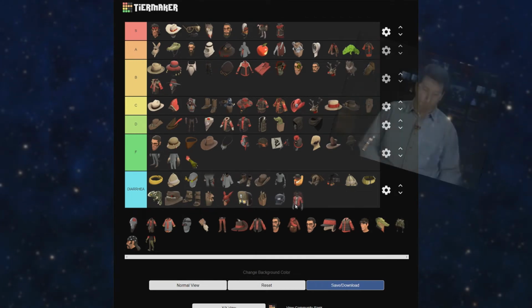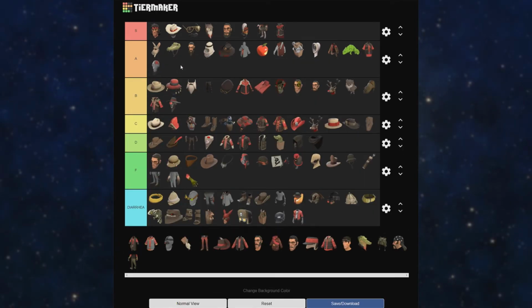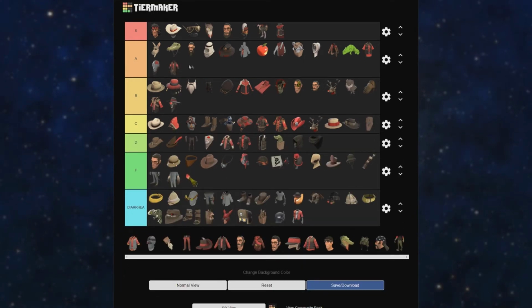Airborne Attire, shit tier. It looks terrible on the Sniper. Like, you can barely tell anything's different. Archer Sterling, A tier. Unique hat, beautiful looking thing. I like the medieval helmet. Looks good on him. Down Under Duster, pretend I made a school shooting joke, and I'll stick that in A